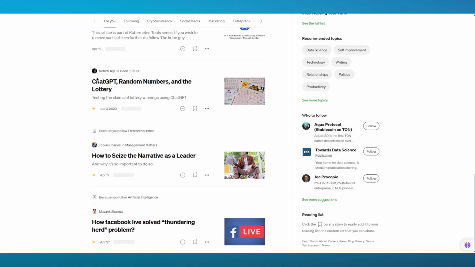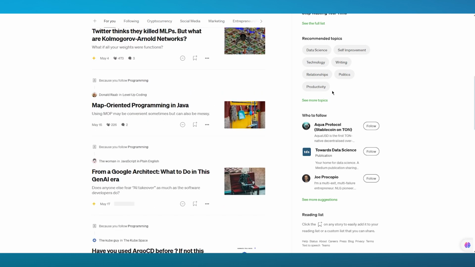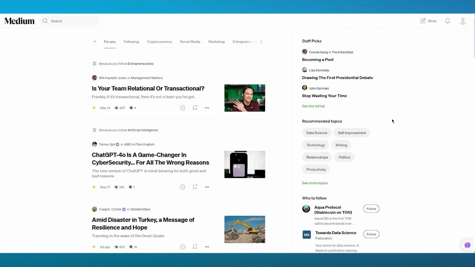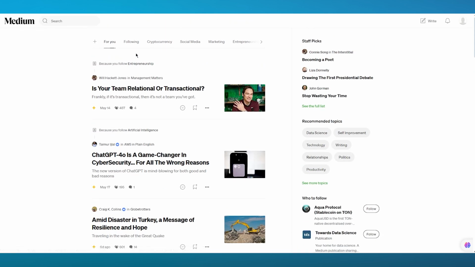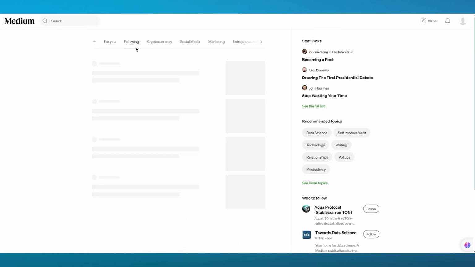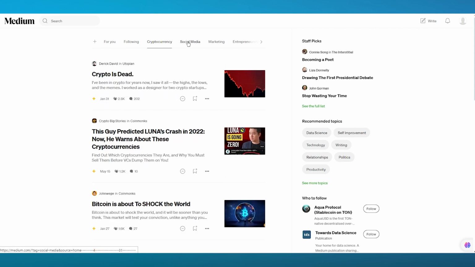And as we scroll down and down, you can get more stories from people to read, more ideas from people to read. You can also follow people up. It's like, you know, a basic LinkedIn profile where you can follow people, check their stuff out, check their ideas out, etc. You can see the people you're following from this section. And also go ahead with the different categories you chose, like cryptocurrency, social media, marketing, etc.